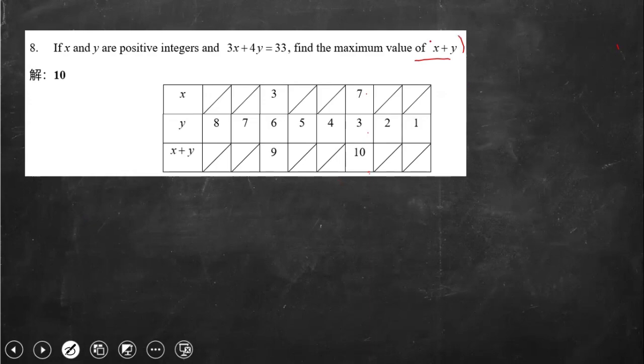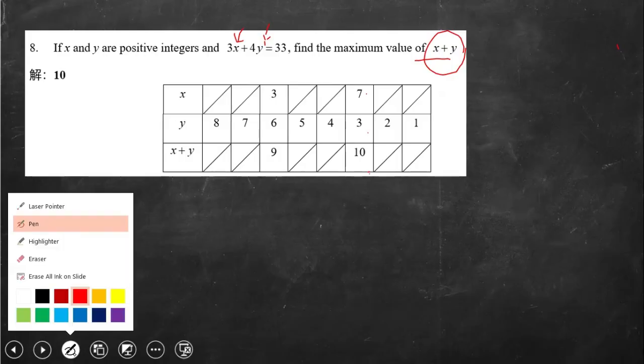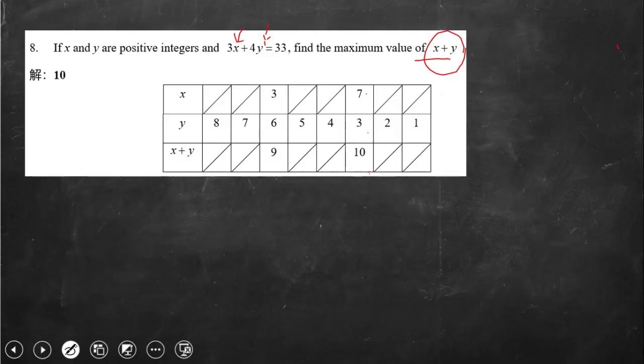Just know that to get the maximum value of this, you need to find the maximum of X and the corresponding Y, and then find the maximum of Y with the corresponding X, and then add them to find the value of X plus Y. Okay, so first, to know how many solutions there are,